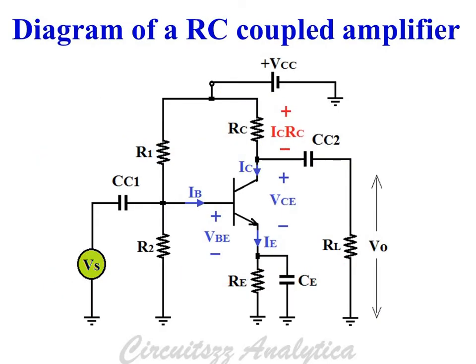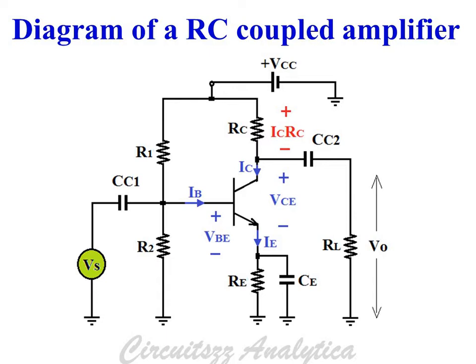This is the circuit diagram of a single-stage RC coupled amplifier, which consists of an NPN transistor, resistors R1 and R2 to provide voltage divider biasing, resistance Re to stabilize the operating point, resistance Rc is the DC load, and capacitors Cc1 and Cc2 are the coupling capacitors to couple the input signal and